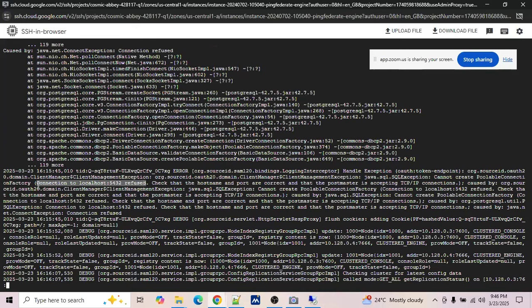I think it's definitely not going to connect to localhost because right now when we are sending this call, we are making a call to our engine, right? So that's the issue. I feel check that the hostname and port are correct, and that the postmaster is accepting TCP/IP connections. This is the Java SQL exception, cannot create this. Yeah, I think that is a problem. I understand, but